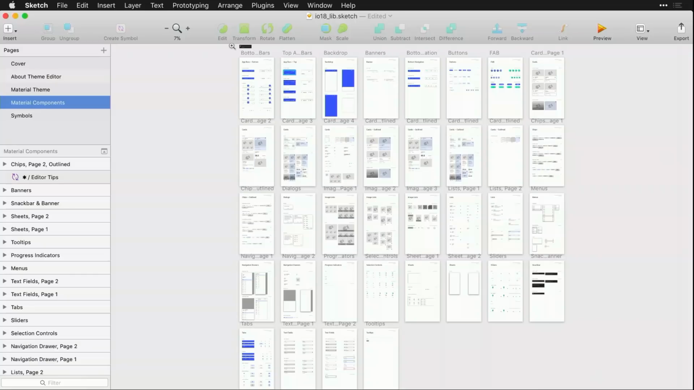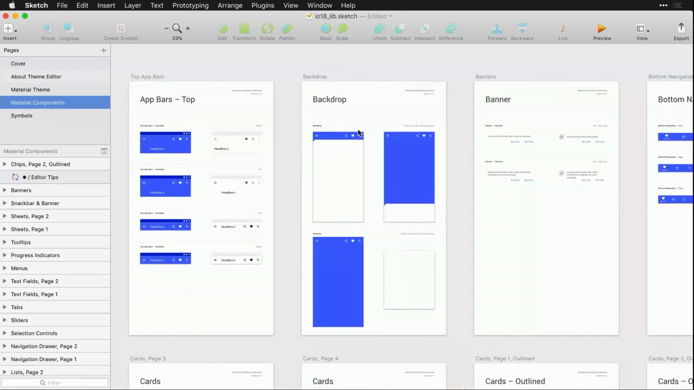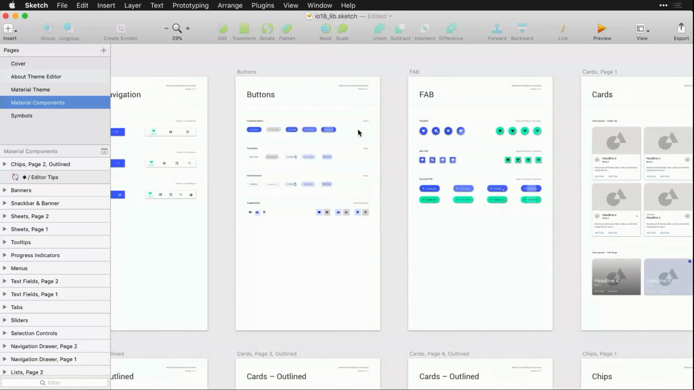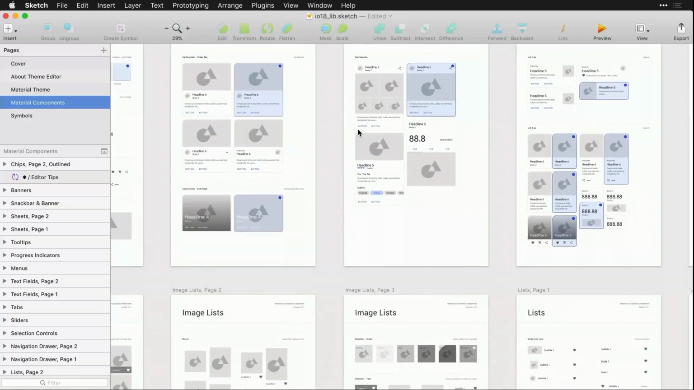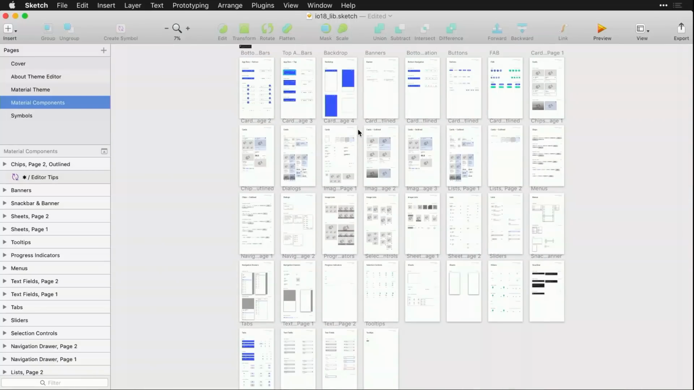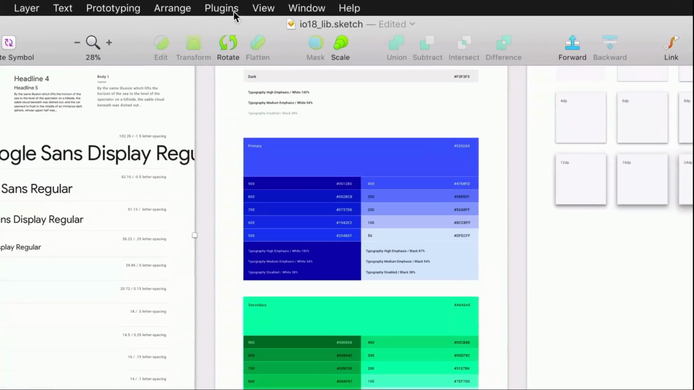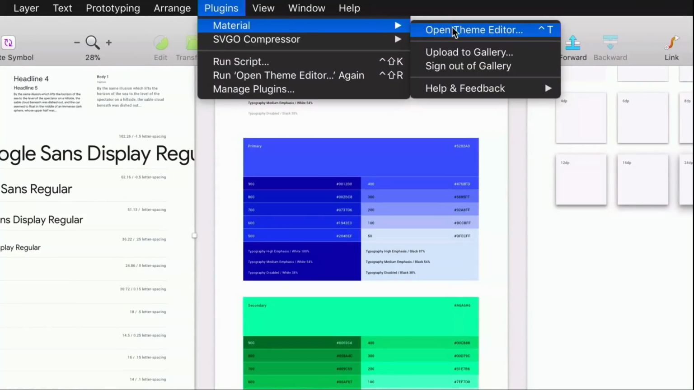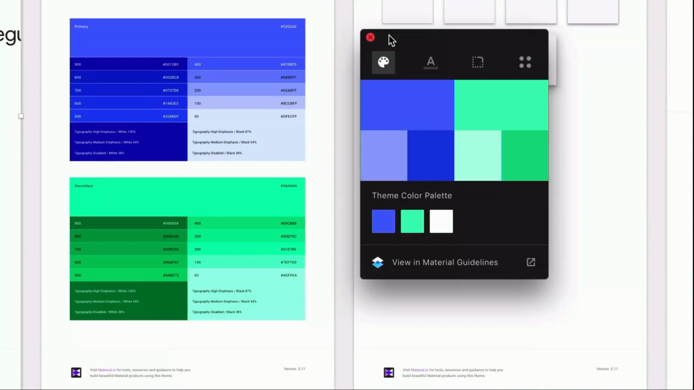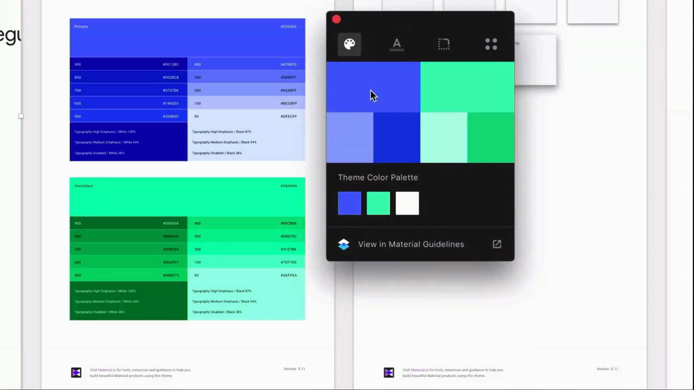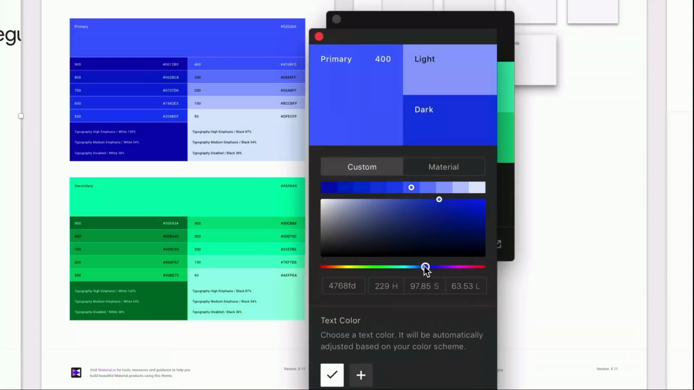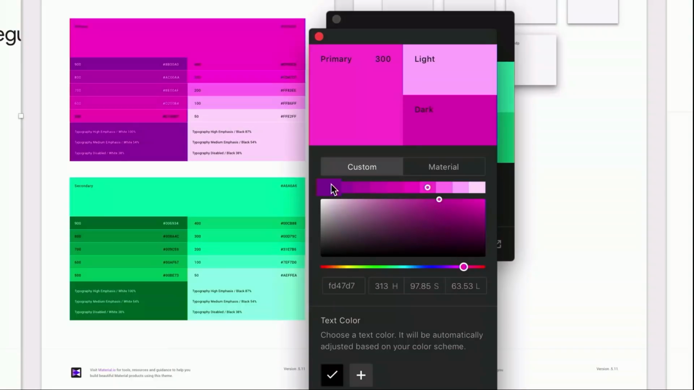There's everything in here, from the app bars to backdrops to fabs to cards, you name it, it's in here. The best thing about these components is that they're aware of the material theming system. Let me show you what I mean by that. If I switch back to the theme and open up the theme editor from the Sketch plugins menu, we can see that this theme is currently set up using the I/O indigo primary and teal accent color. If I go into the color settings, just by clicking on the primary color section here, and I were to change this primary color, either by dragging around or inputting a hex code directly,